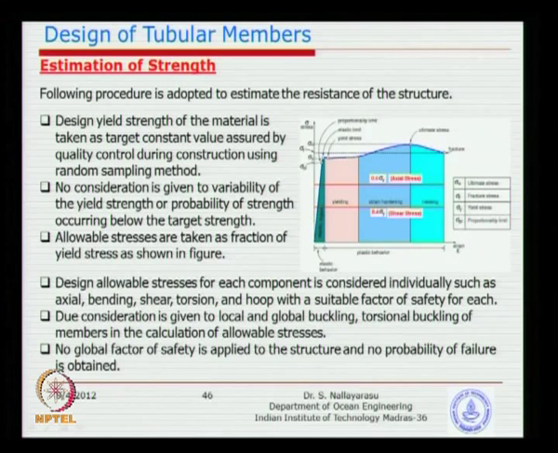So, such an idea is to be included in the design, but there is no provision in the allowable stress design to do that. Simply we take the target strength, design it, and then we feel safe because applied stress is always less than the allowable stress. So, that is one of the weaknesses that we see here in the